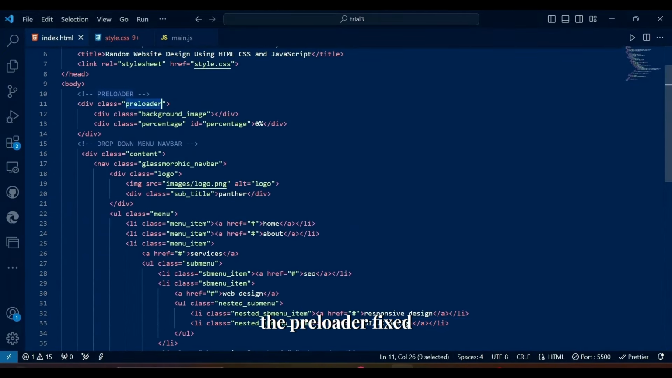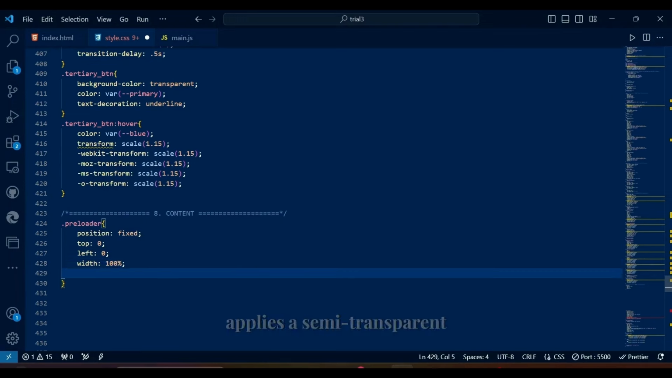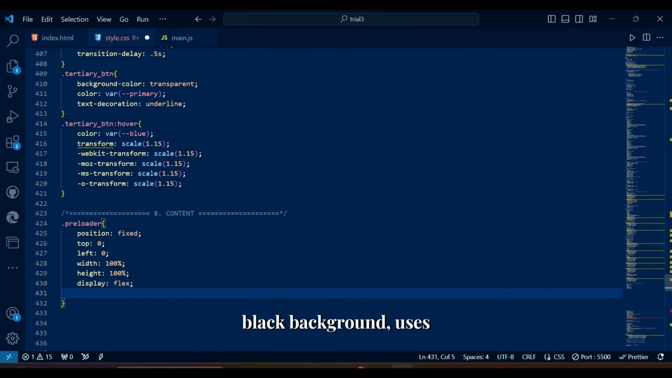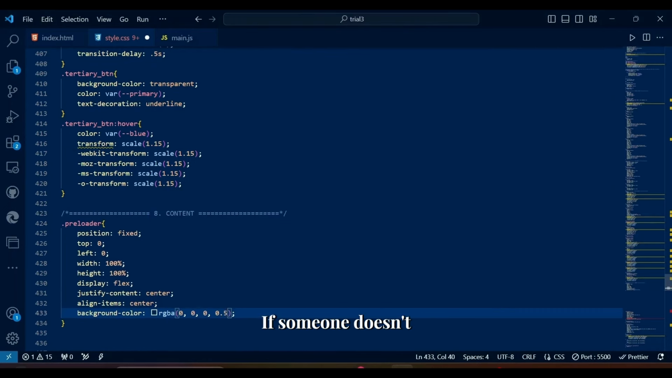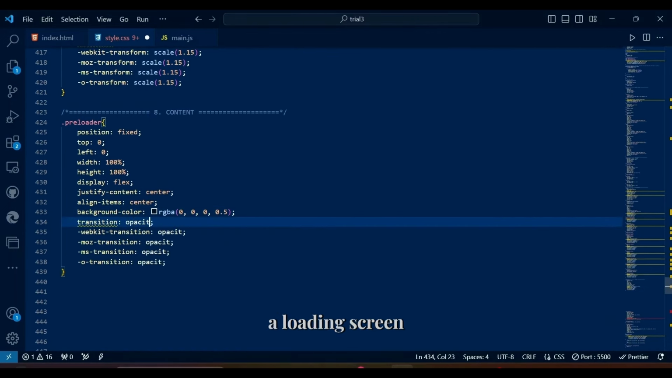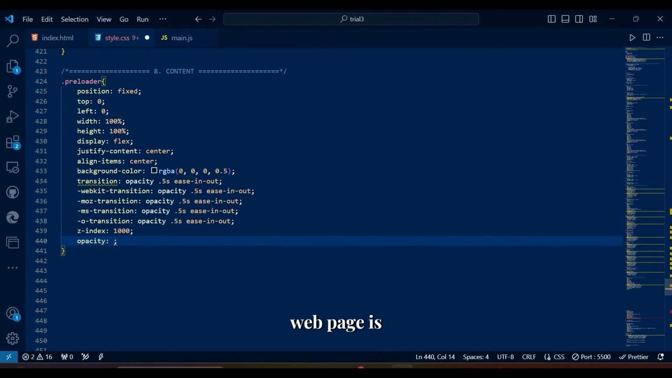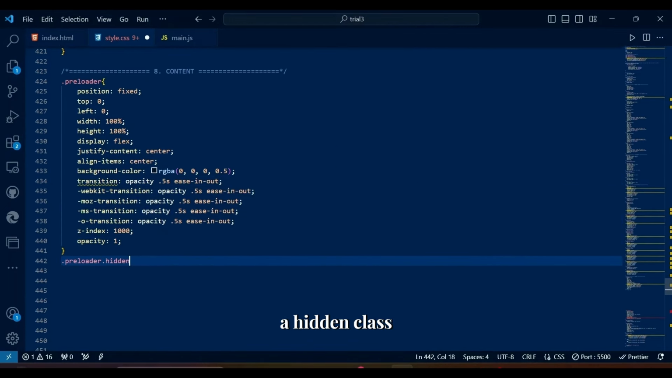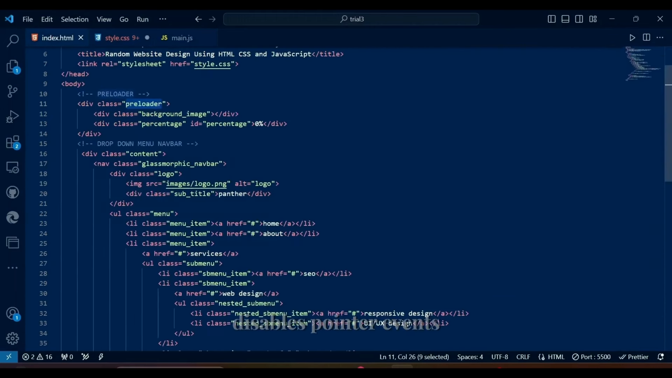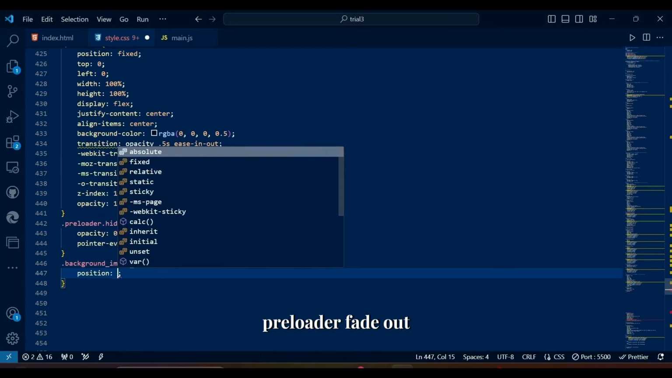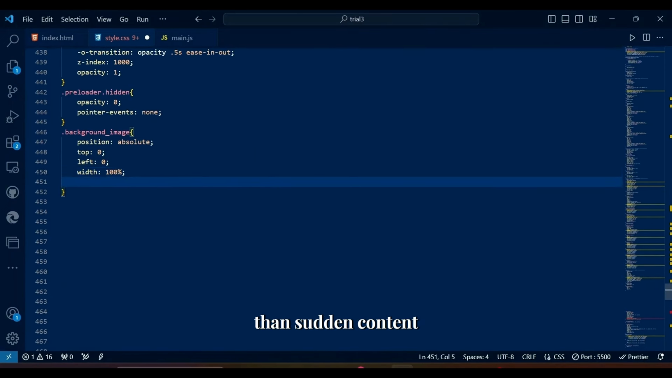Here we position the preloader fixed at the top left, center its content with Flexbox, apply a semi-transparent black background, use smooth opacity transition, and ensure it appears above other content. If someone doesn't know what a preloader is, it's a loading screen that you see on some sites before the main content of the web page is loaded. We will create a hidden class that will fade out the preloader by setting opacity to 0 and disable pointer events for underlying interaction. Preloader fade out animation was created to have a smooth transition rather than sudden content appearance